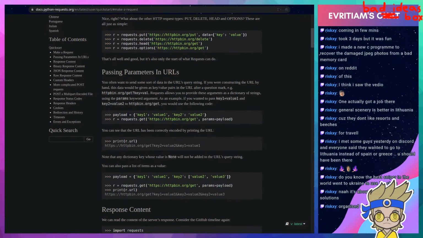Passing parameters. Okay, this is more interesting. Payload. Ah, so I have a dictionary. And what if the value is not a string, it's a list? What happens then? Send some sort of data in the URL's query string. If you are constructing the URL by hand, this data would be given as key value pairs. Right. Requests allows you to provide these arguments as a dictionary of strings using the params keyword argument. For example, if you wanted to pass key,